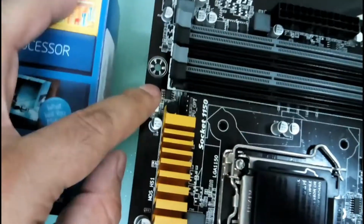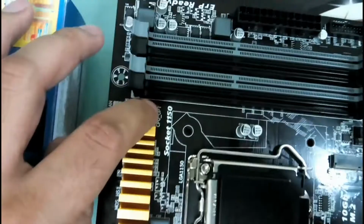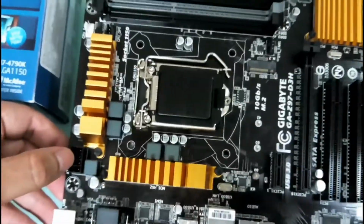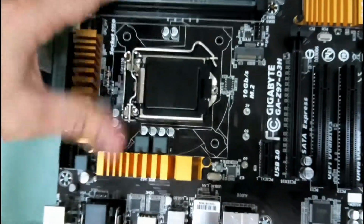Okay, here goes the CPU fan. It has 2 spots, and the CPU fan optional in case you are using a water cooling unit. And this is the power connector for your CPU, I'm sorry, for the board, and this is another power connector. These are the two,